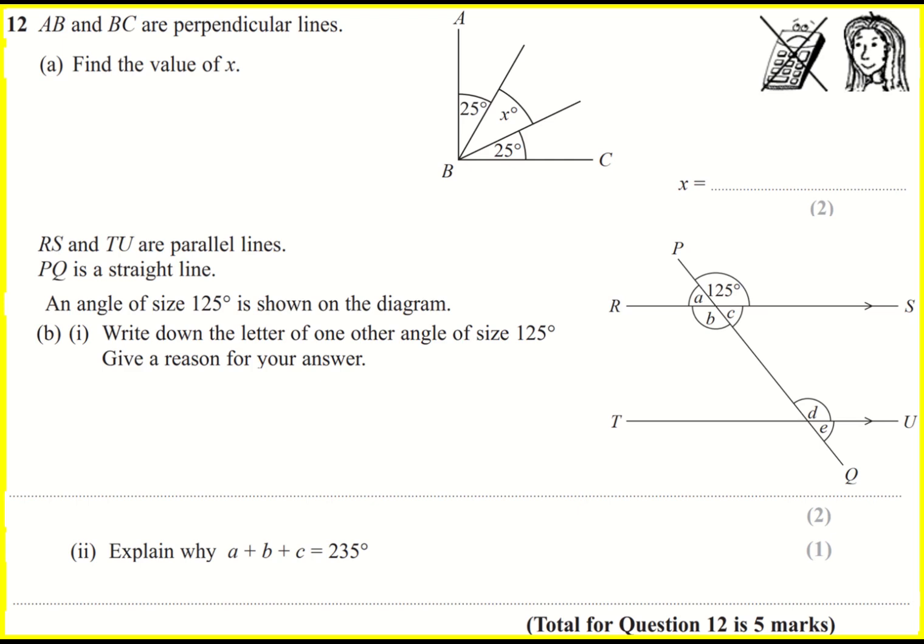AB and BC are perpendicular lines. Find the value of x. So the first thing you need to know is the fact that the word perpendicular means they're at right angles